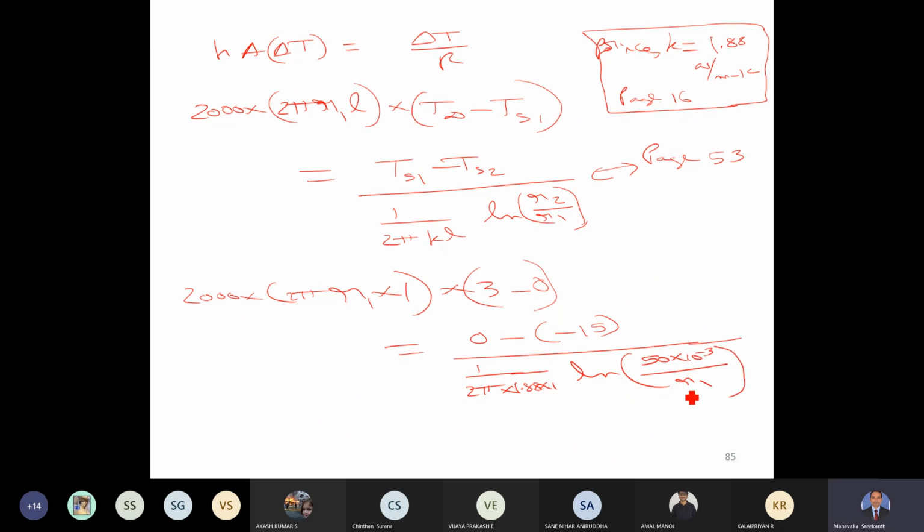So you can see that we have taken R1 and R2 in meters. So this R2, which we have as 50 millimeters, is converted to meters by multiplying with 10 power minus 3. That means R1 here is also in meters. Okay, so that's how we need to interpret. Now let us simplify this equation. On the left hand side, we have 37680 R1. On the right hand side, we will have